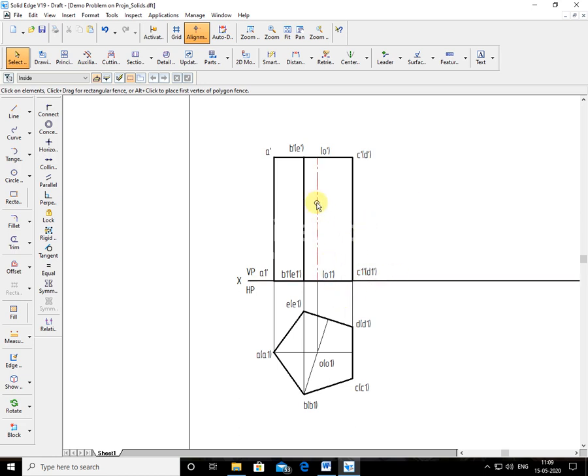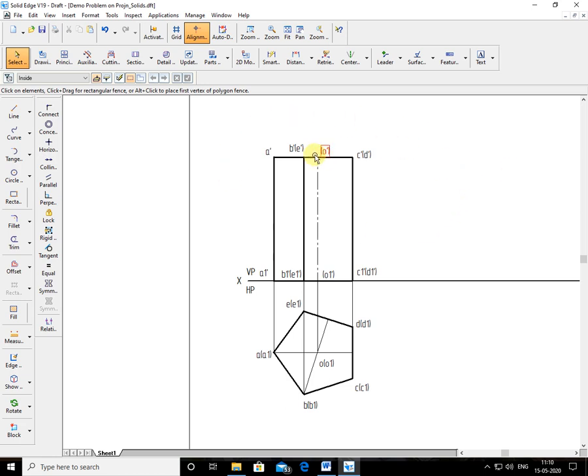So how to do it? How to do it in sketching here? In sketching, what you have to do is, as I told you, take one point here. First the C1 D1 point, at a convenient distance, you take one point here. See the cursor here, point here. From there you draw. Because the axis height is 60, which is the edge height, the longer side height is also 60. From there you draw a 60 mm line. Then complete this rectangle by the compass method.